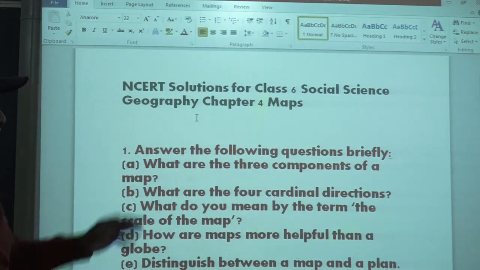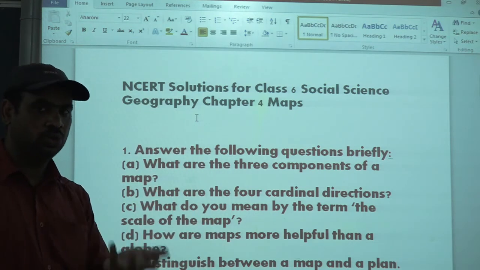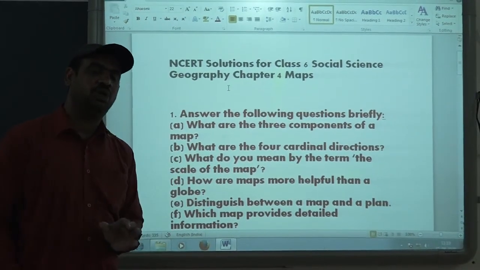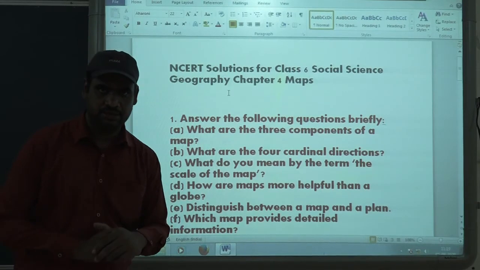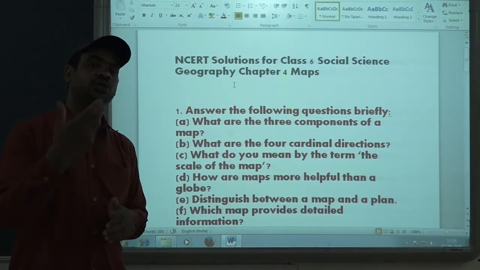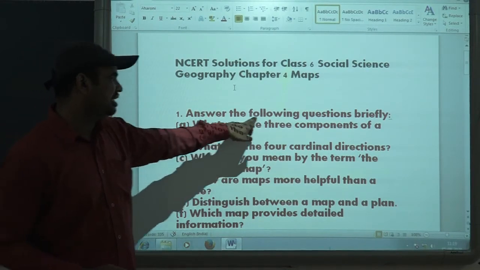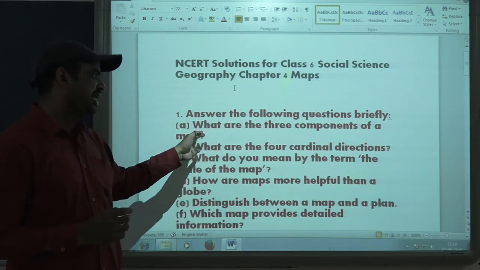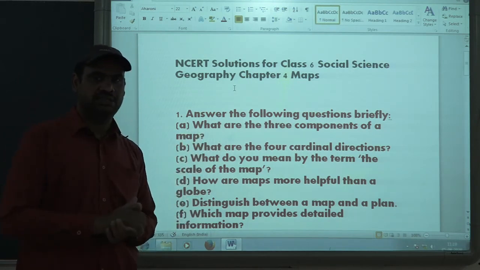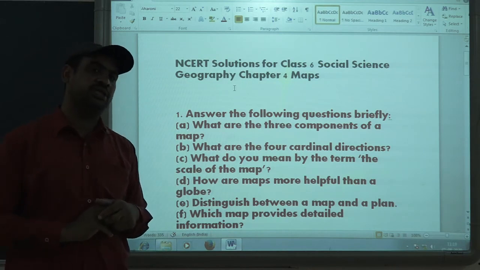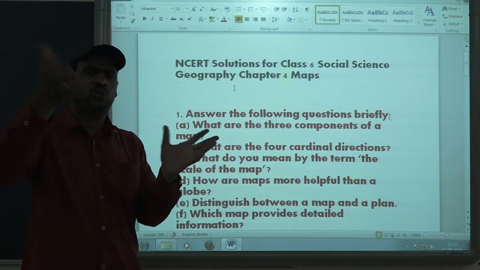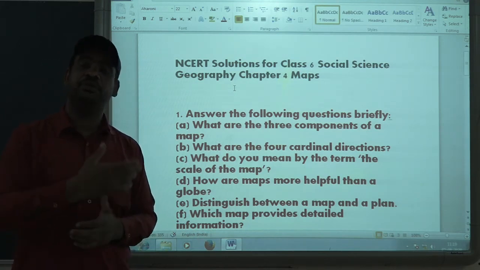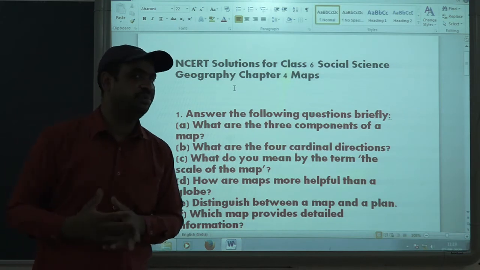So what you have to do? You have to write these answers in your notebook, so that it will be useful for you for the exam. But I am not suggesting you copy the same answers. It is expected that you write your own answers, especially in questions like answer the following questions briefly. In such questions, you can write your own answers. Though it is not possible with each question, because some questions and answers are common, whatever is possible, try to solve by your own. It will be beneficial for you in the examination also.